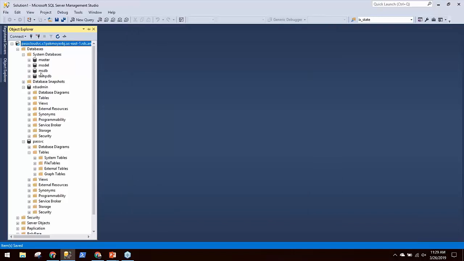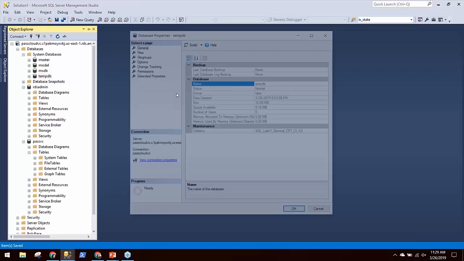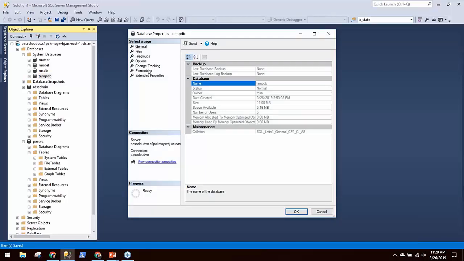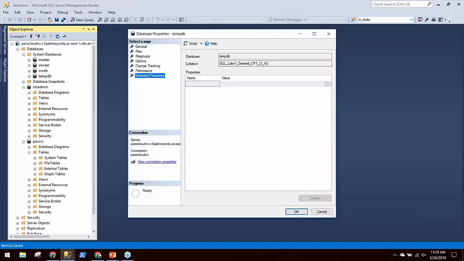When it installs, it's in the default compatibility mode. But properties, you can't change that. So we have some weird